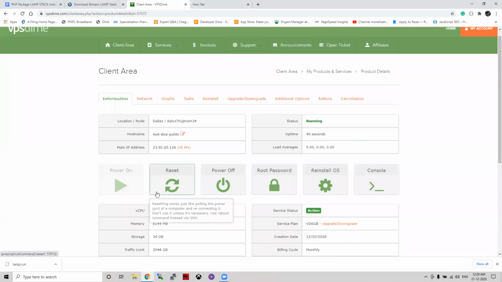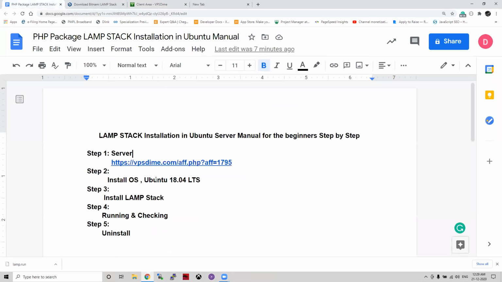So now, second thing, what you need: you need to log into this server, because you have already downloaded this file, right? So this step, step 2, is done. We have already installed this server, right? When we added that, it had already installed this. Now we need to install the LAMP stack. To install the LAMP stack, there are small steps that I told you. So let us go to those small steps.